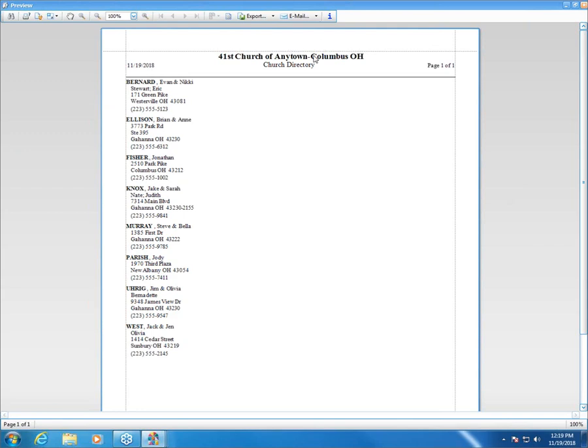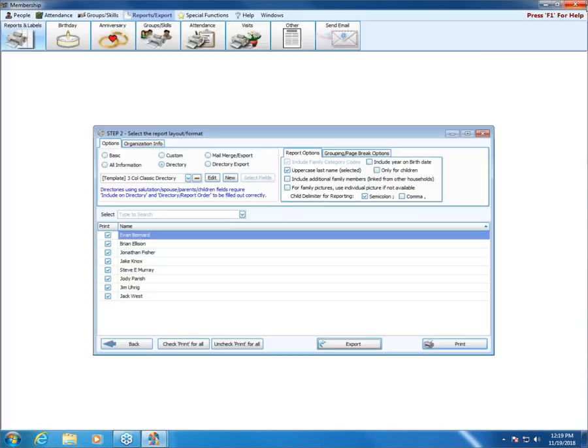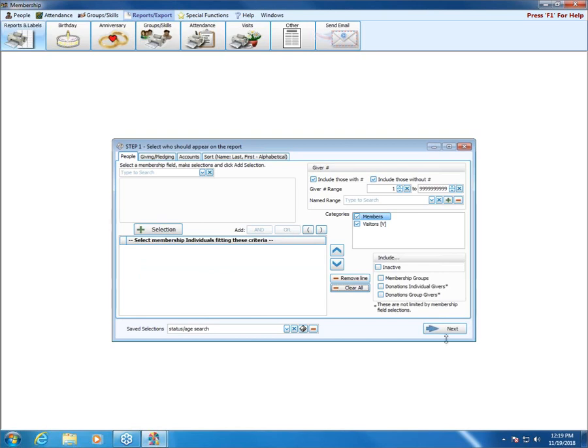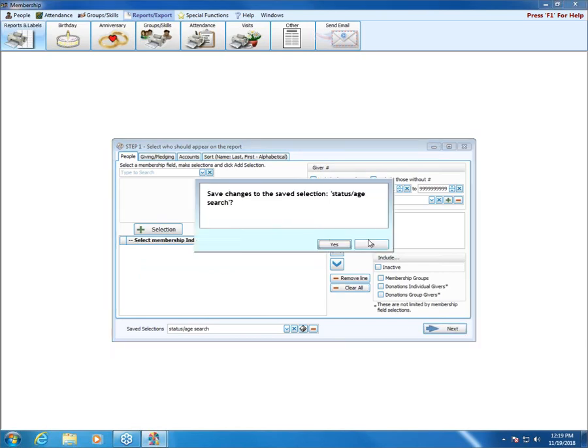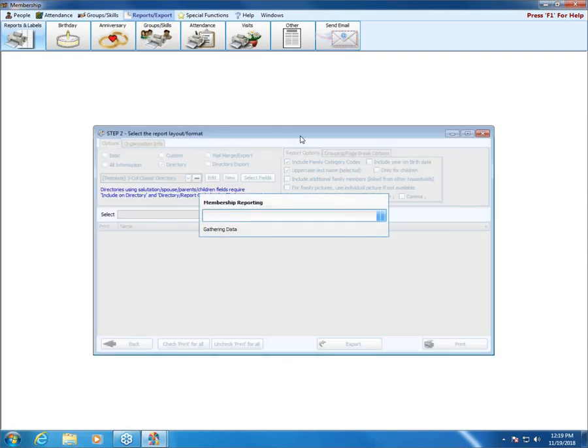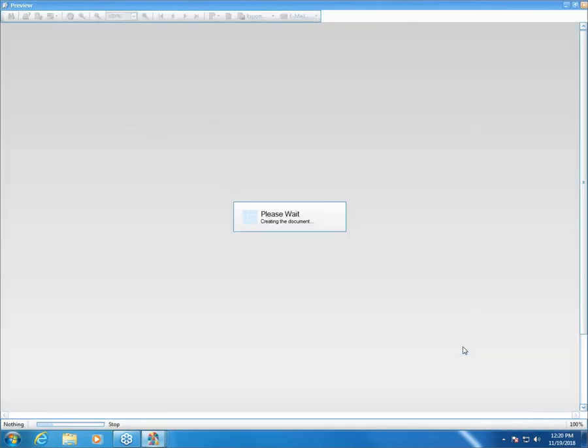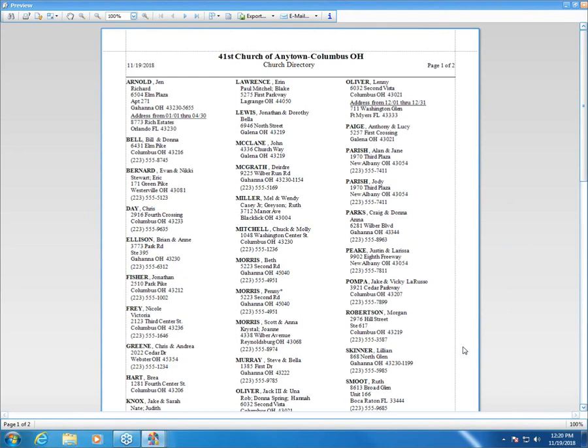Wow, I don't have many in here. Oh, I did a search at the beginning. That's why I'm not getting all my directory people. Because remember, I just asked for status and a certain age. So if I took that search away, I'd probably have a very full directory. Actually, I'm going to take that away because I want to show you a full directory. Let's clear all because it looks much prettier. Much prettier when we see everyone in the directory. There we go. So there is a standard 3-column directory, but there's all kinds of formats in there, so